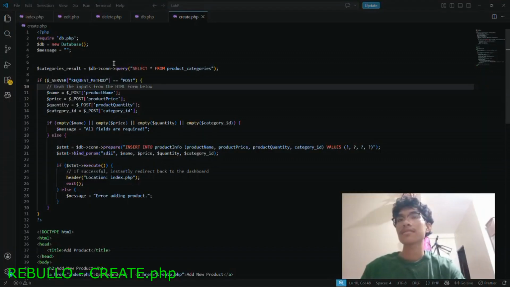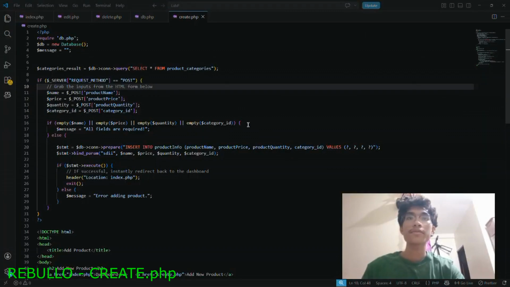After that is the category result equals dbcon query, SELECT all from product categories. What this does is that it fetches all the categories from the database so that the drop-down can display them. And after that are the if and else conditions. First is if server request method is POST.